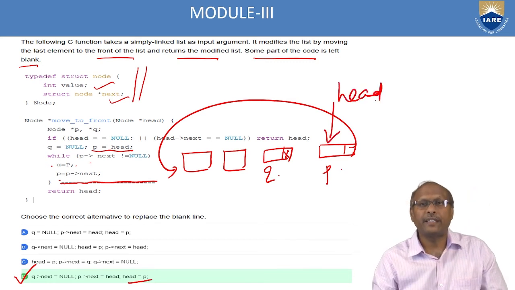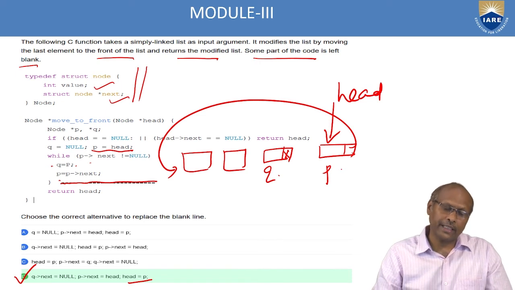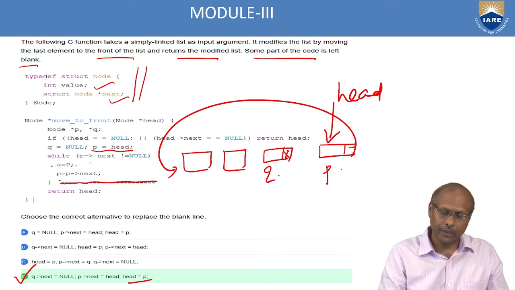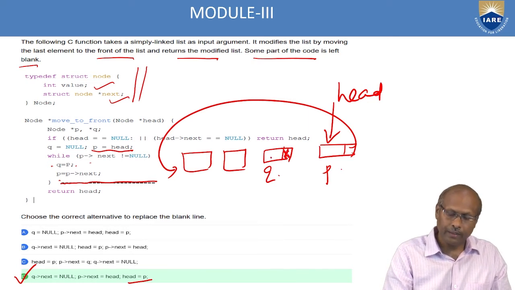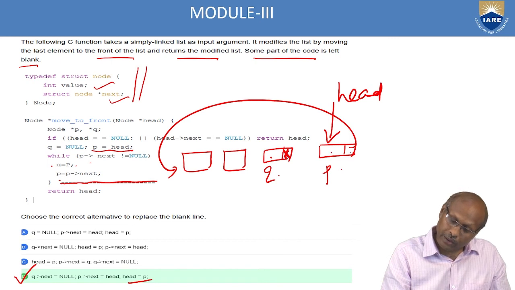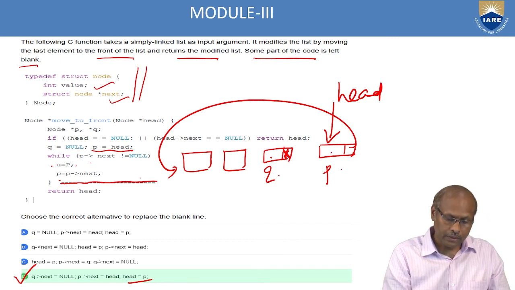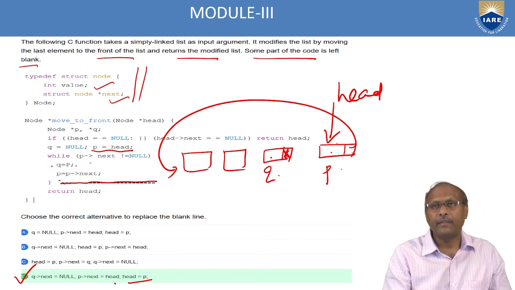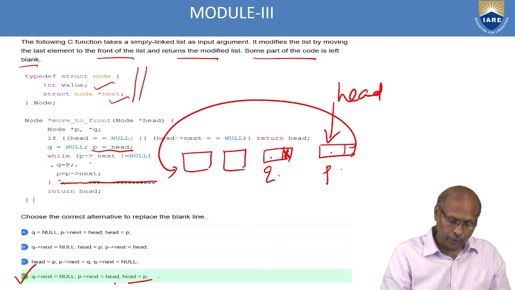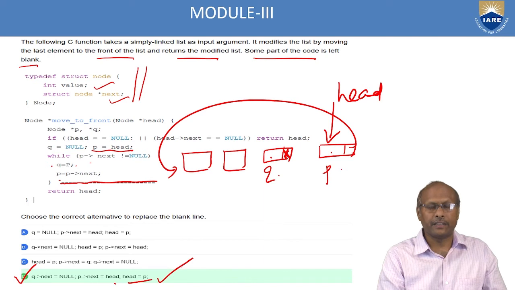You must manipulate where to point so that the last node reaches the first, because your goal is to make this first. For the last but one, put a null, and the last node you attach to the front. So P of next equal to head, and head becomes P. If you write this statement, this is the correct answer.